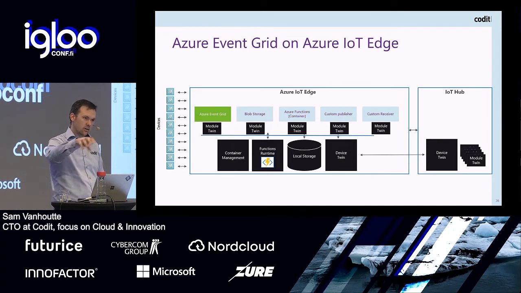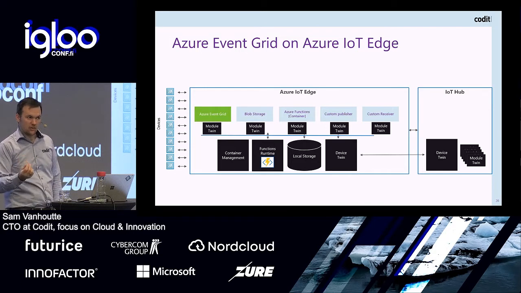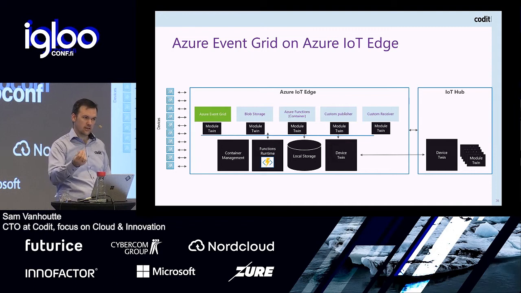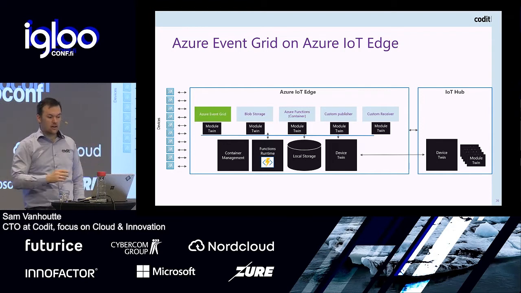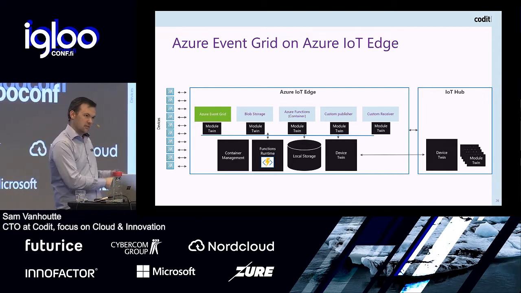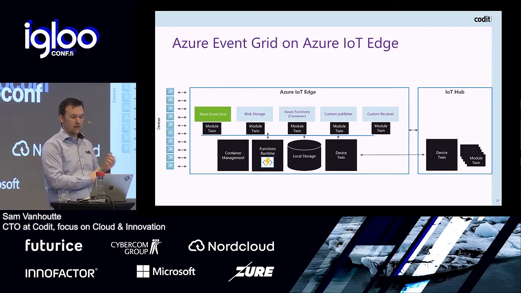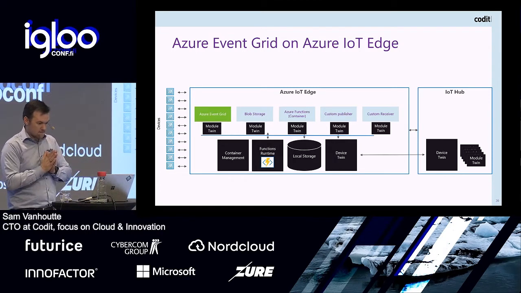But these modules run locally, so you can build your custom module to read the output from this projector, for example. At the same time, you can use modules from Microsoft. So Microsoft, for example, has Stream Analytics that you can run in the cloud, but you can also create Stream Analytics jobs that you execute on the edge, so close to your devices, for example. Also blob storage. You can have a blob storage in the cloud, but you have a blob storage service on the edge. So all these things ship as containers to your edge device.